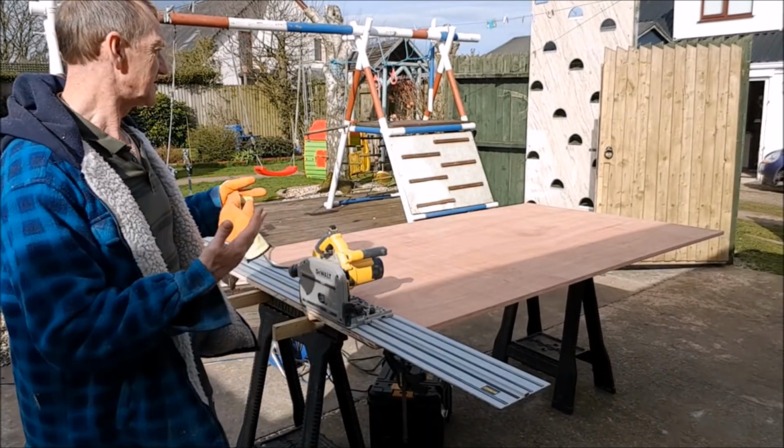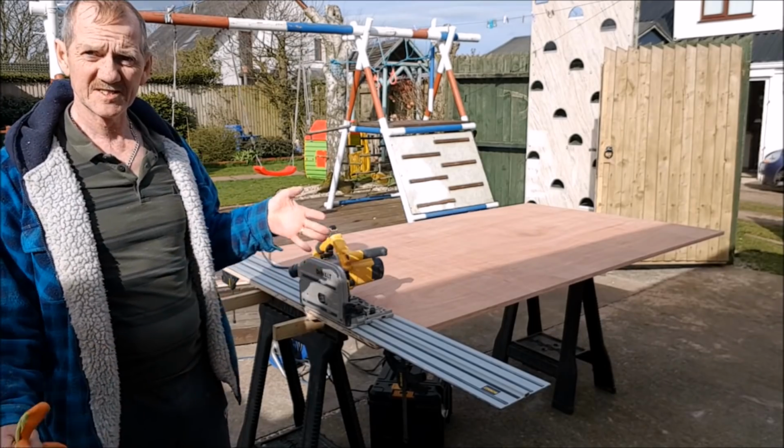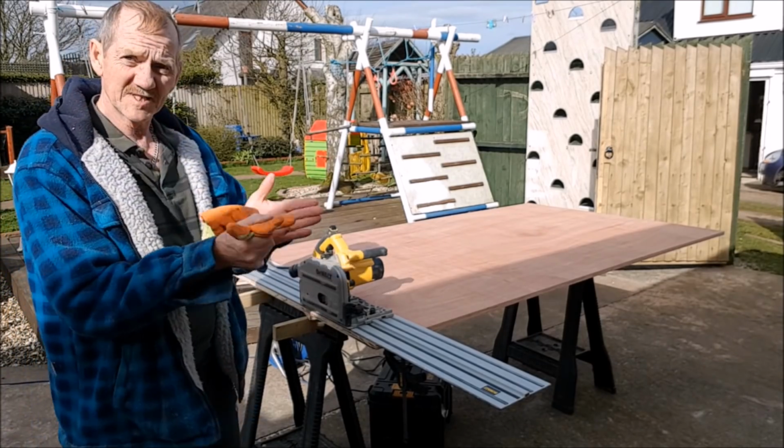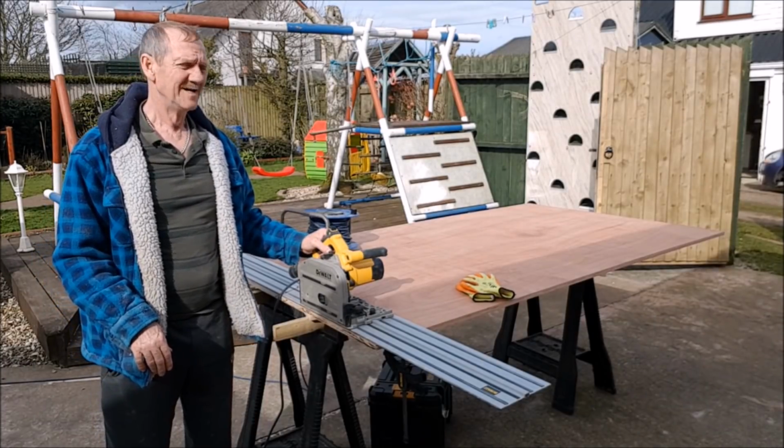Okay, well the next stage now is to get into the workshop and start milling all the ends of these pieces ready for the joining of them together. So a lot of the outer workshop next. Let's get back to